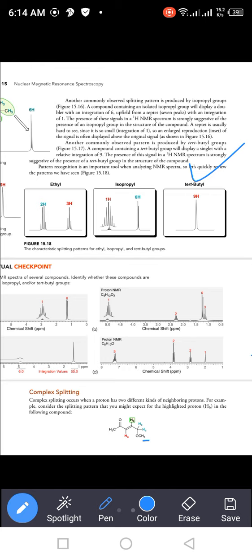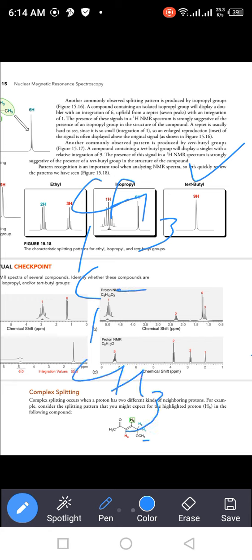So look at the structure of tertiary butyl. CH3, CH3, CH3. This is the tertiary butyl. So in tertiary butyl there are 3, 6 and 9 protons. There are 9 protons, and these 9 protons